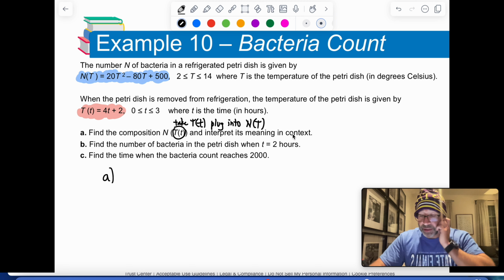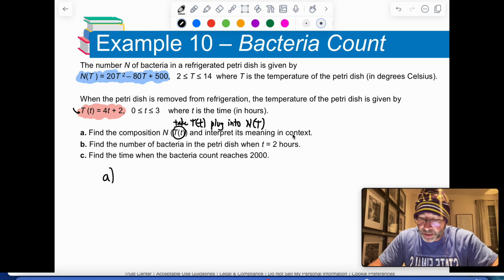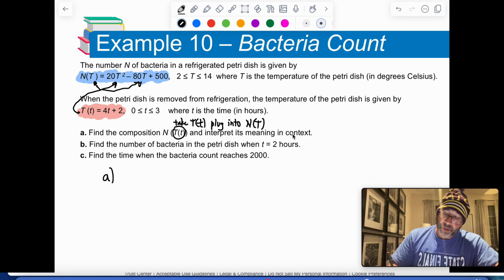Okay? So that literally says that what we're going to do is we're going to take this right here and we're going to plug it in for this t here, and obviously the t that's over here. So what is this going to look like when I do that substitution? Well, we're going to have t of t, and we're going to plug that in, so it equals